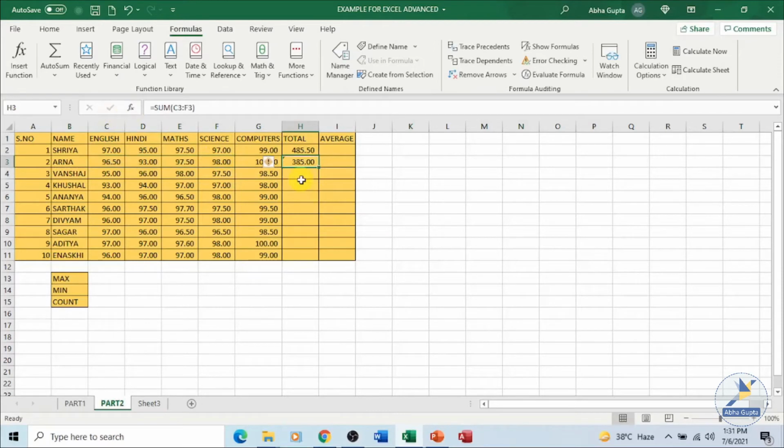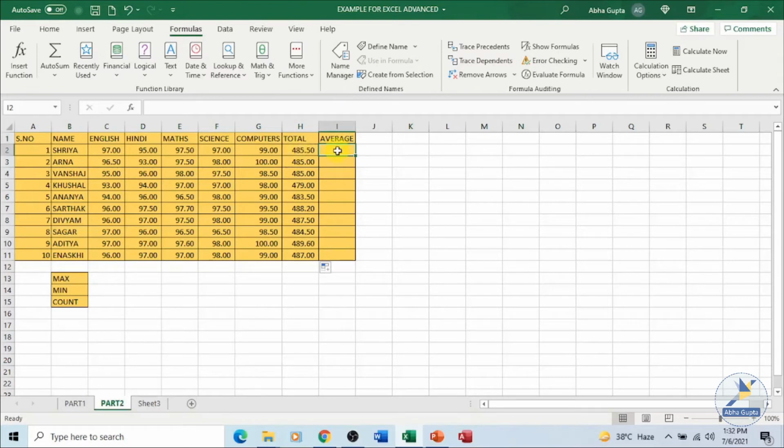You got the result. Anytime you want to make changes to this formula, you can always make the partial modification. Go back to the formula and make the changes and press the enter key. You can see over here. Now to calculate the total of all the students, either you can individually select or you can make use of the fill handle to copy and paste the formulas. So AutoSum can be used for calculating the total.